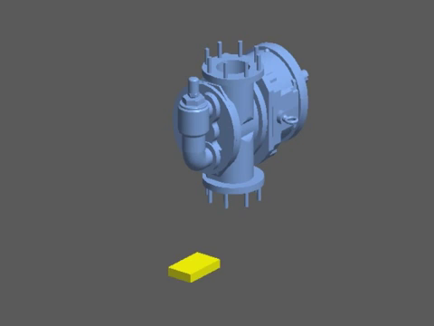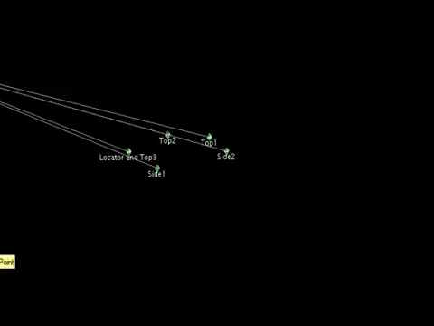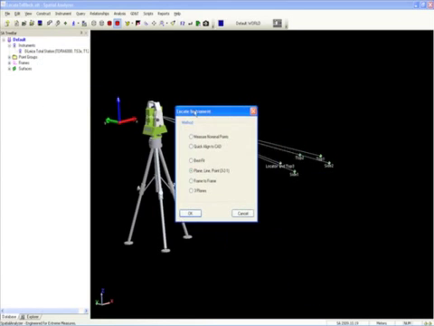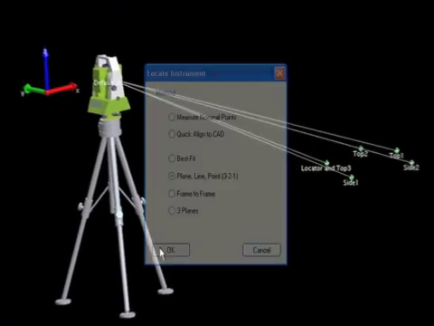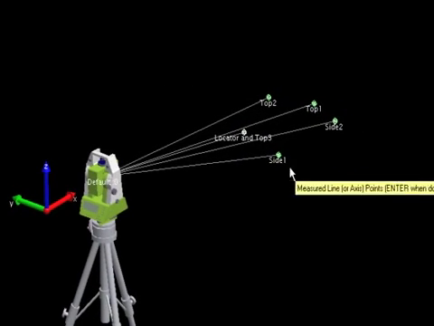In order to use this method to properly locate the instrument in the ship's reference system, measure at least 3 points defining a plane, typically the horizontal plane in shipbuilding, at least 2 points along an axis, such as the longitudinal axis of the ship, and 1 point defining a point in the coordinate system. Then select Locate Plane Line Point. Once you choose the locating point, the points along an axis,